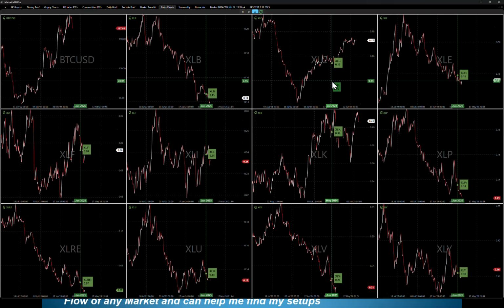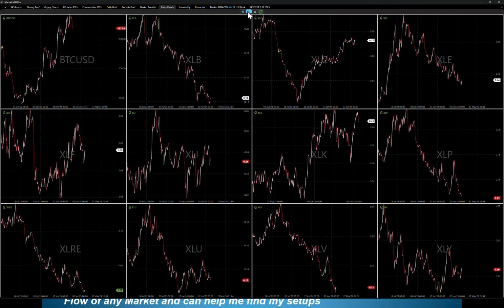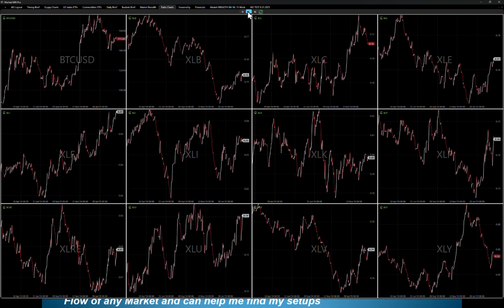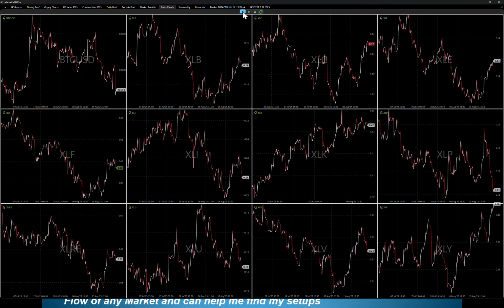Now, I don't trade long-term charts. What about the dailies? It's going to tell you a little bit more. So this is going back almost 2 years of data, and you can see some changes in the dailies. But what I do to figure out what's going on in the market, the reason we had the hourly, is because to me that's the one that makes the most sense. And when I look at this,